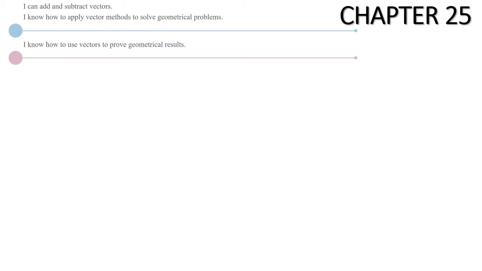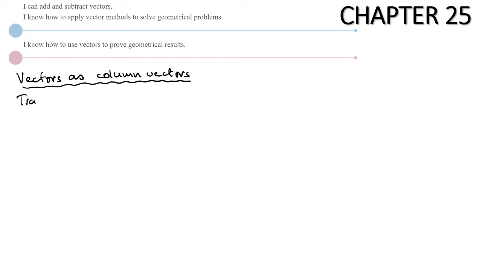This video covers the last chapter in the Collins GCSE Higher book, and it's on vectors. Now, vectors come in two forms. Vectors written as a column, vectors as column vectors. Now, we've come across these before when we did